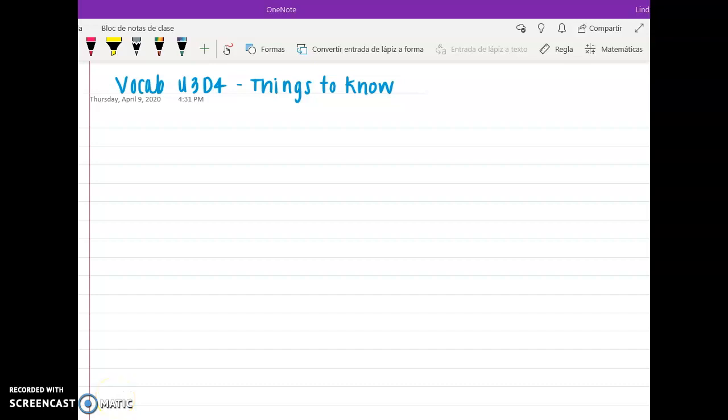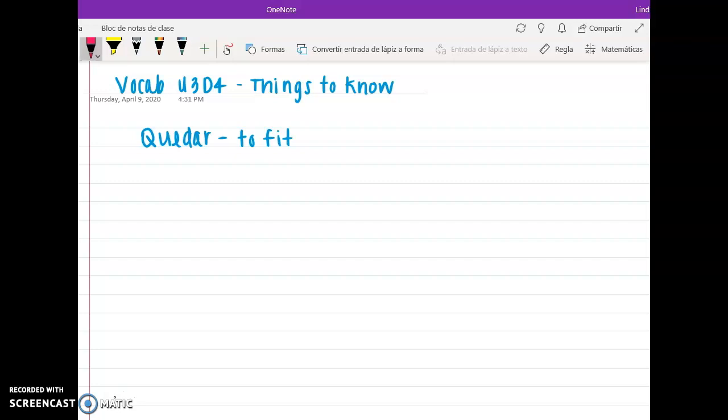Okay, I just really quickly wanted to go over one of the verbs that is on your vocab list. It is uploaded to Canvas. The vocabulary list is U3D4, so hopefully you've all seen it. There is a verb on there, the verb quedar, which means to fit. And it functions uniquely, so I wanted to review it really quickly with you.